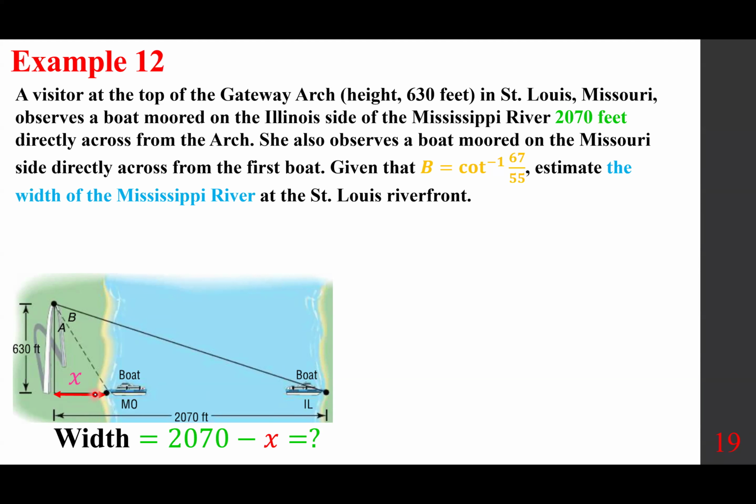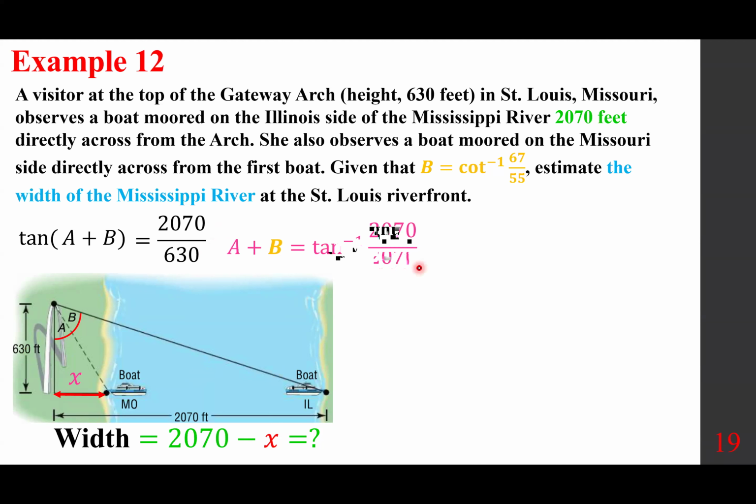Let's figure it out. So this is angle A plus B. This is angle A, this is angle B. And if we want to find the tangent, it is the opposite, which is this much, 2070, over the adjacent, which is this much, 630. And so A plus B would be tan inverse of this number. Of course, you can drop the common 0, but I want you to see exactly where the numbers are coming from. So if A plus B is that,